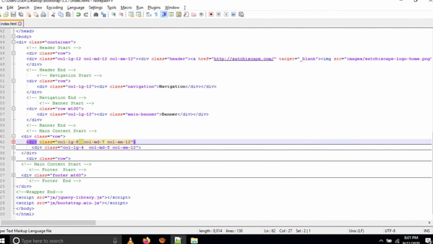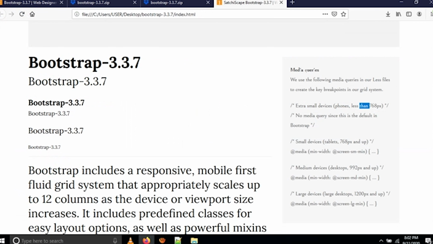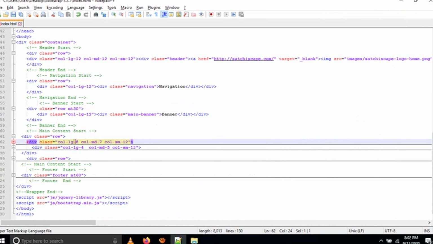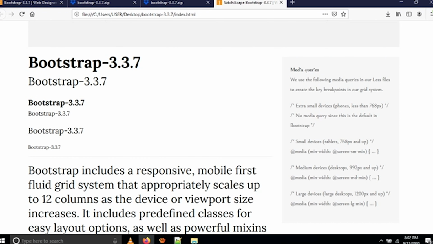For that, what I have written, you can see: div col LG 8. Total is 12, and I have divided, this is 8 and this is 4. Okay, this is col LG 8 and col LG 4. Then I have written col MD 7, col MD 5 and col SM 12, col SM 12. How does it work? Let me show you.